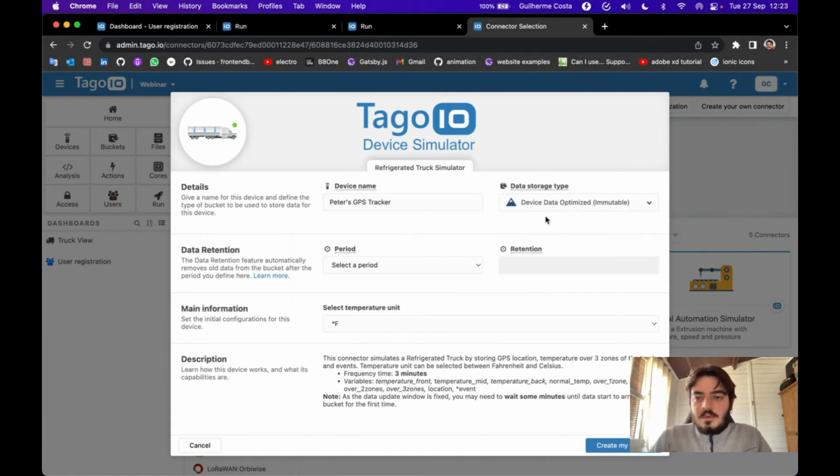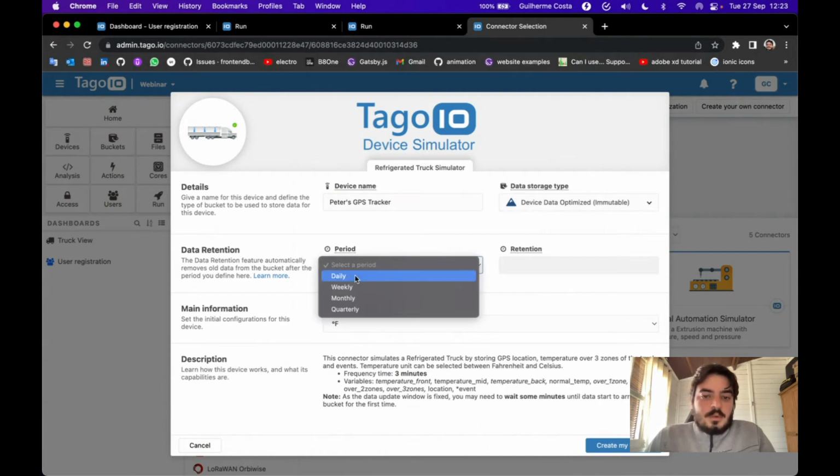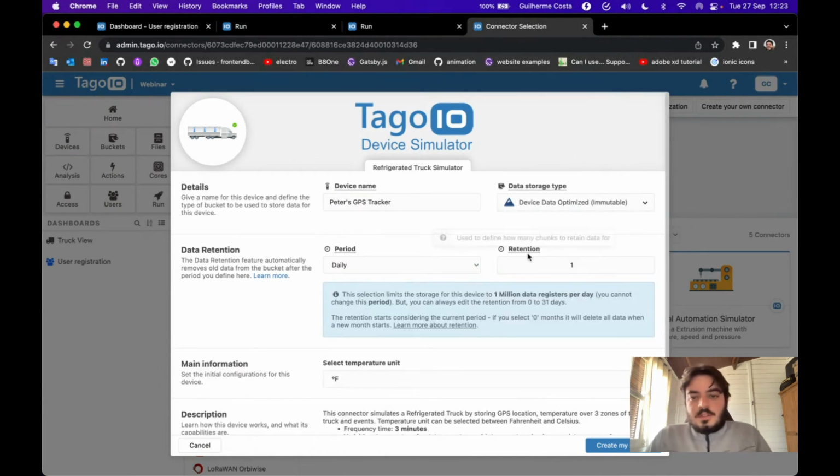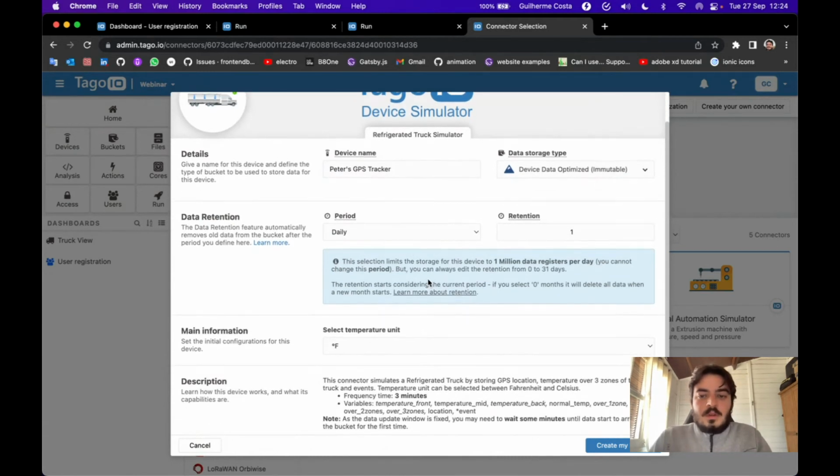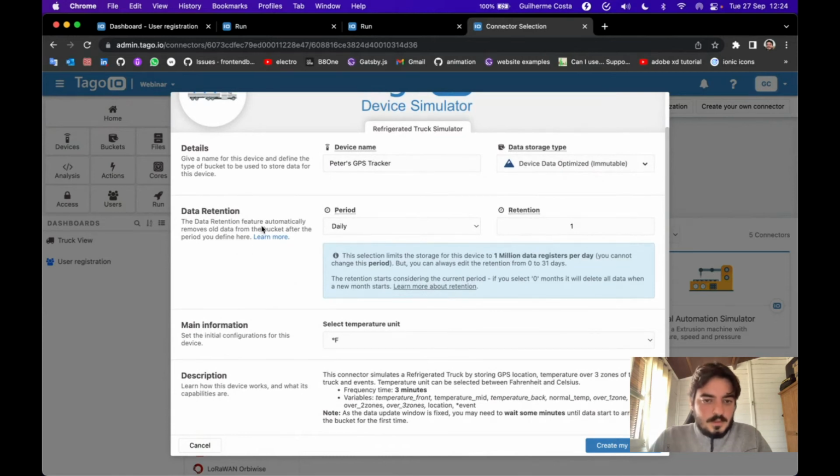I'm gonna select immutable. If you're not familiar with this term, you can visit our knowledge center where it will be explaining what is a mutable and immutable device. I'm gonna select period and data retention to 1. Right away, if you're not sure what is data retention, you can also click here to learn more. Also, we have plenty of resources on our knowledge base center, which is very good to take a look at. Okay, I'm gonna create,